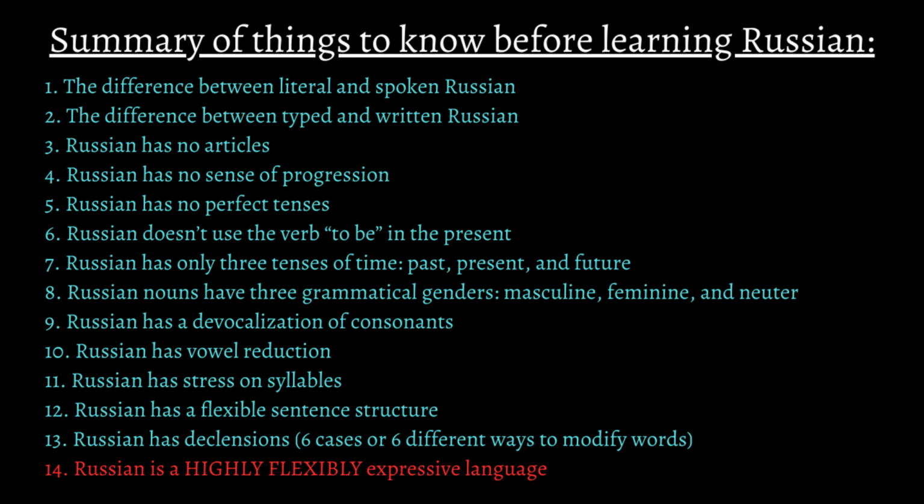If you were to have a system that limits you to only one type of speech, then you wouldn't be able to express yourself differently. By changing the order of the words in a sentence, you're not just changing the order, you're also changing the meaning and how you express yourself. That's why in Russian, you can say a sentence in any way you want. It is no wonder why Russian has declensions, or the 6 Russian cases, because you get to modify not just your speech, but also the words themselves, which ultimately explains why Russian is a highly meaningful language that originated and